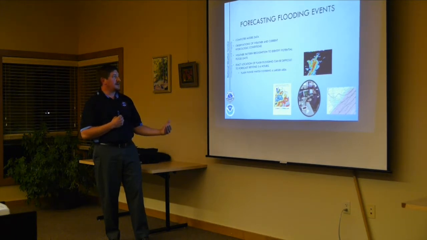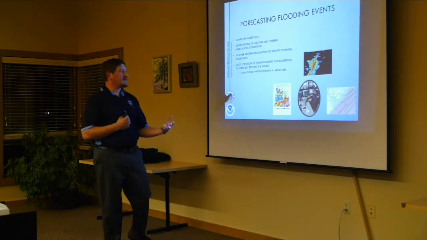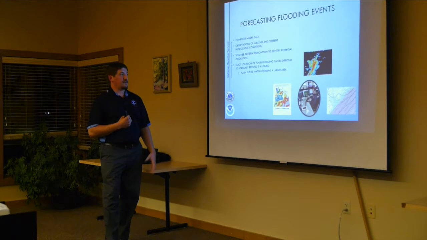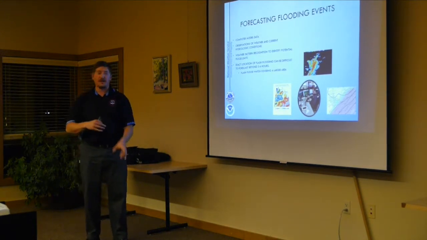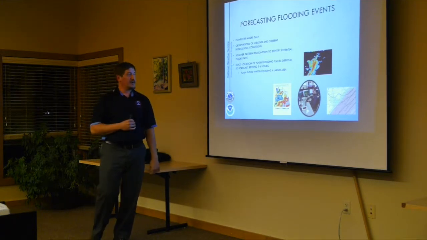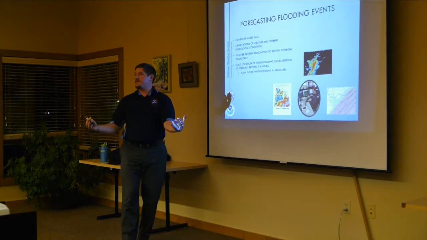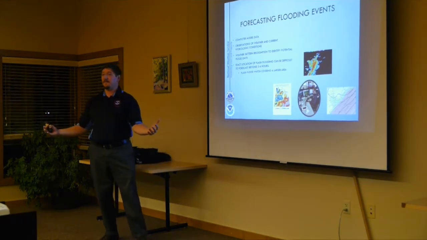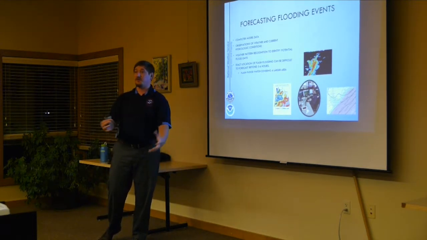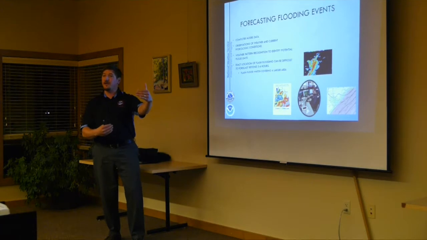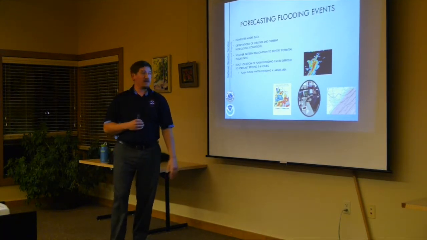Here's where the challenges come in. The exact location of flash flooding can be difficult to forecast. Why is that? Well, it's thunderstorm processes in general. Locations of thunderstorms are difficult to predict, to pinpoint, beyond that time range of 3 to 6 hours. You get under a tornado watch or severe thunderstorm watch, that covers a big area. You're not always impacted by storms when you're in a watch. Atmospheric conditions are favorable, we think storms are going to develop, but not everyone in that watch is going to be impacted.